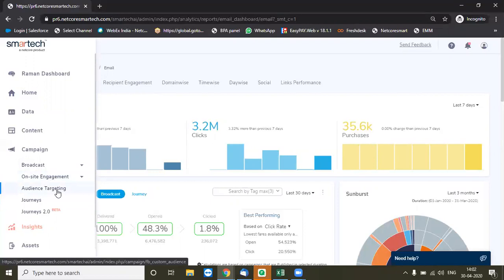Then audience targeting is an indirect way of communication where we connect with your audience tools like Facebook, Twitter, or Instagram. Currently, we support Instagram and Facebook. Twitter is in the pipeline. Then we have the most important thing, the journeys. Journey basically is, as I told you, a context-based workflow creation process, which we'll see on how we can design a workflow and effectively automate certain complex business processes in a more effective way.